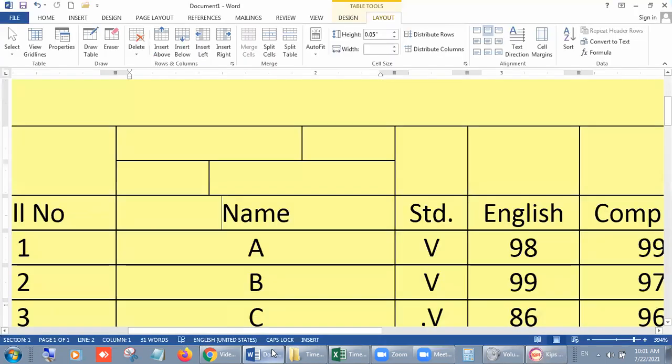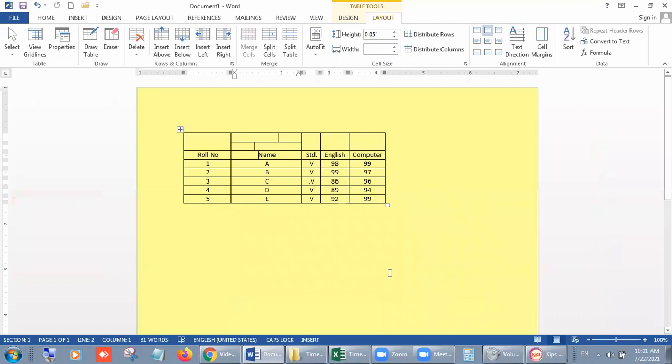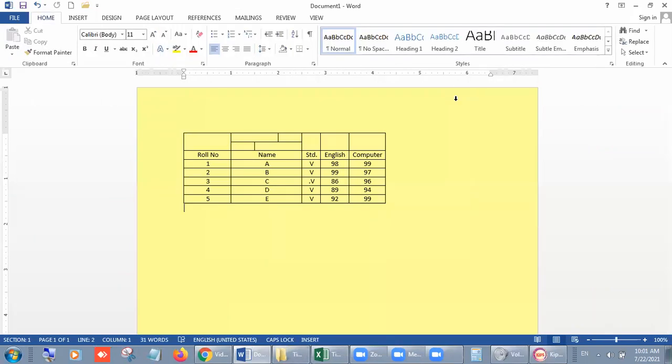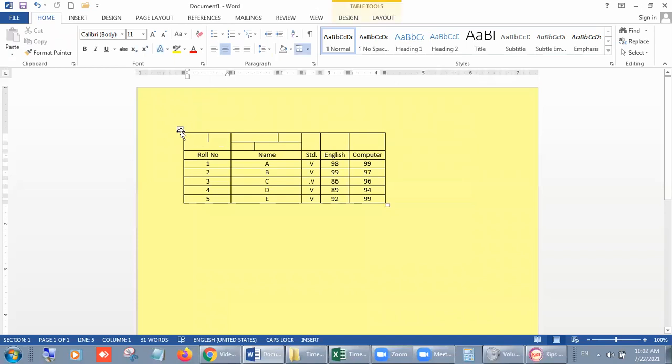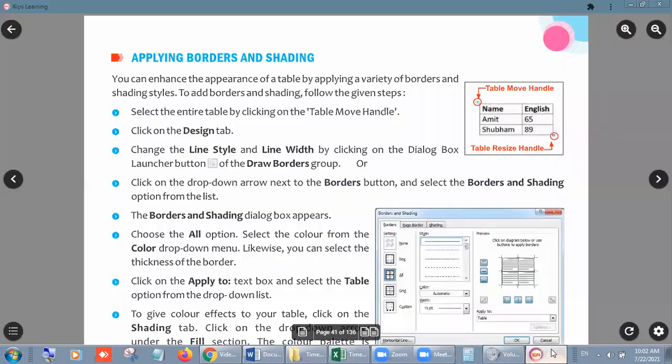Look, beta, whenever you click, let me resize the screen. When you click on the table, then you will have one button. Its name is table move handle button.